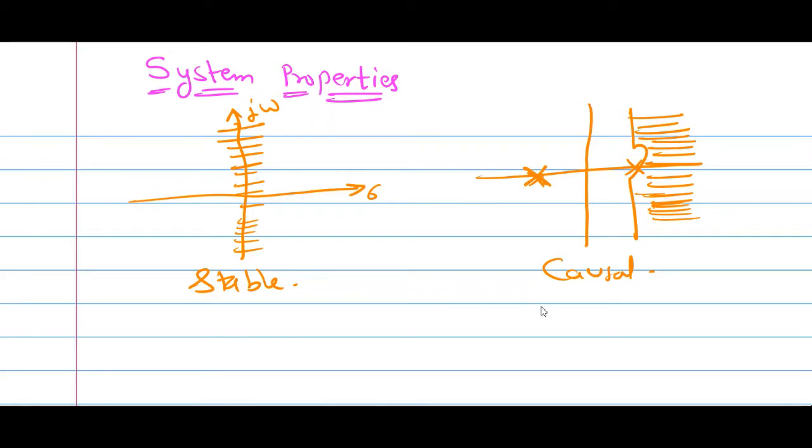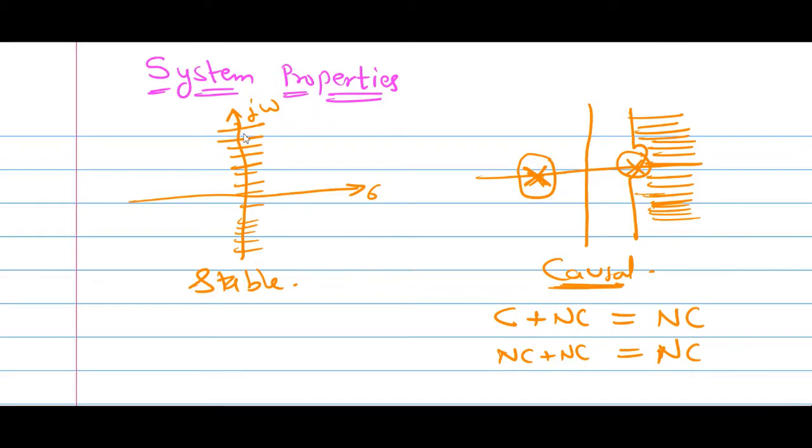Then suppose for one pole it is right side and for another pole it is left side, that means causal plus non-causal, overall answer will be non-causal. Non-causal plus non-causal, answer will be non-causal. So for both the poles, ROC must be towards the right hand side. If I am standing at this pole, ROC is going towards the right hand side, and at this pole also ROC is going towards the right hand side, then only the system is causal. Otherwise, the system will be non-causal.